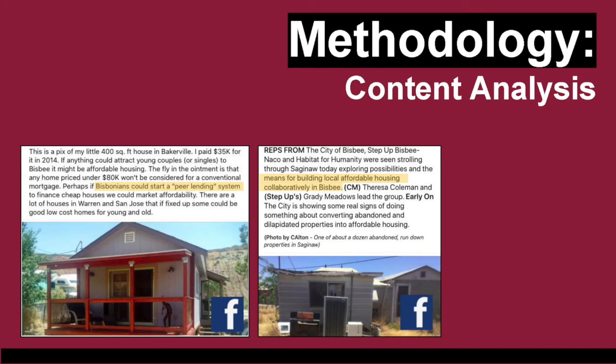The third research method employed was a content analysis of existing posts on social media. For this method, we looked at the content posted over the last 5 years on the 2 largest Bisbee area Facebook groups, Bisbee Community and People of Bisbee. To identify the relevant posts and comments, we created a search query using keywords and collected relevant comments. The posts you see here are a typical post which you would see that was ultimately included into our analysis. On the left, a poster suggests developing a peer lending community system in order to allow for the acquisition and fixing up of existing homes.